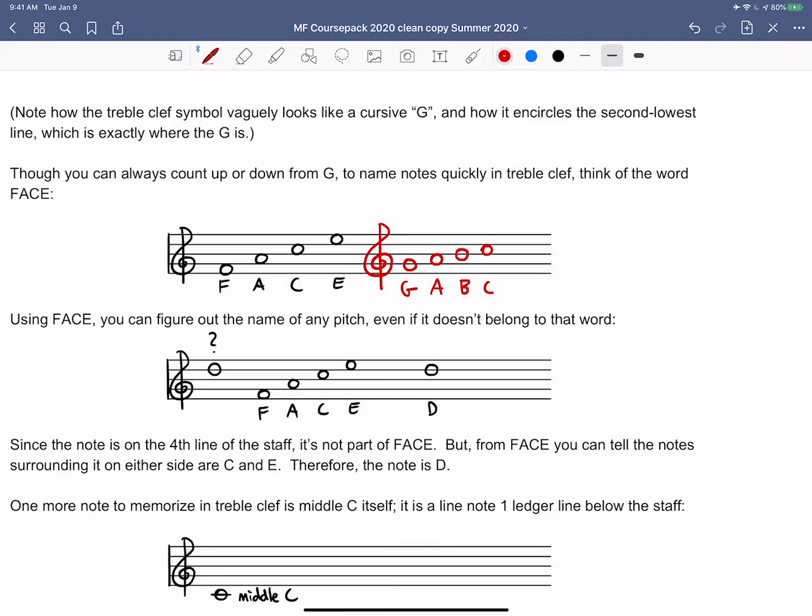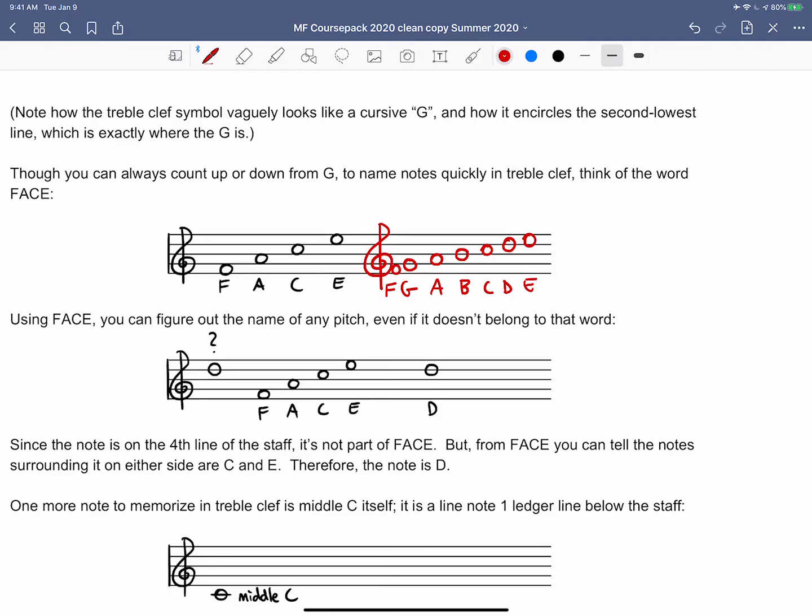Now, one thing that you'll want to keep in mind is that you don't want to calculate from that G every single time. That's not terribly efficient. So what you want to do is just memorize a few highlights. So let me finish off this little drawing here. So that note would have to be D, this note would have to be E, and hey, if we snuck in a note there on that space, that one would have to be F because it's 1 slot lower than the G. So yes, G is absolutely something that you should know,